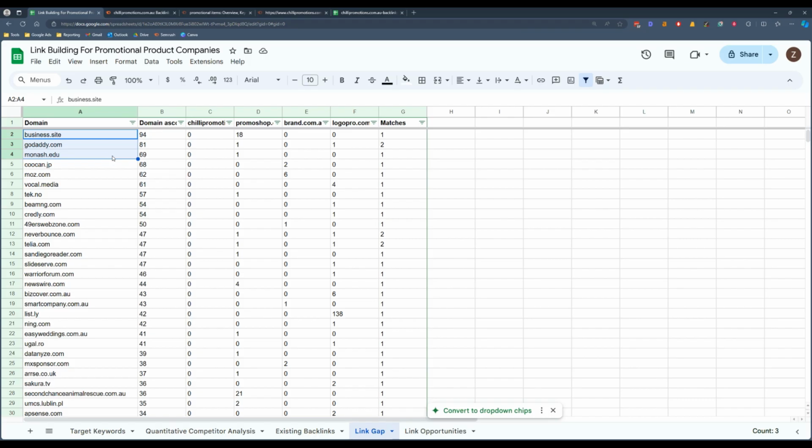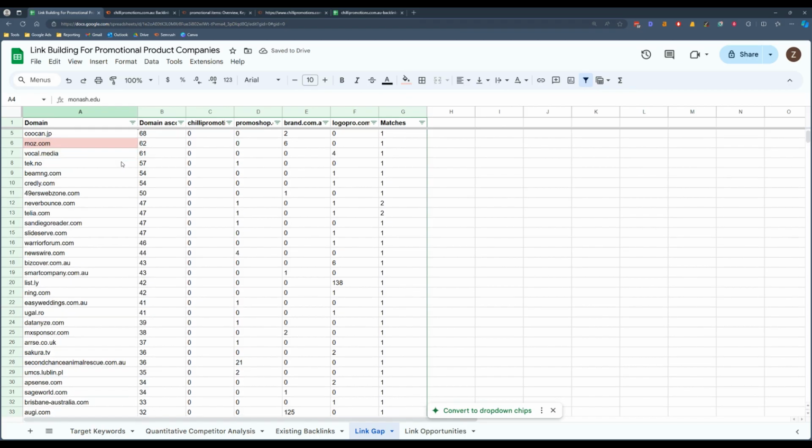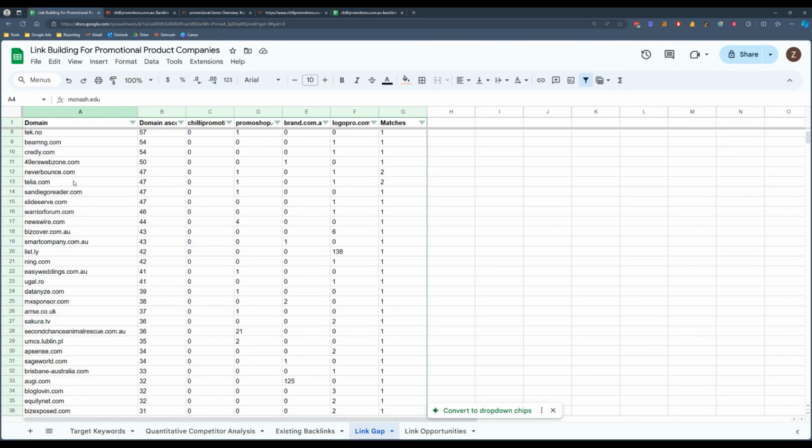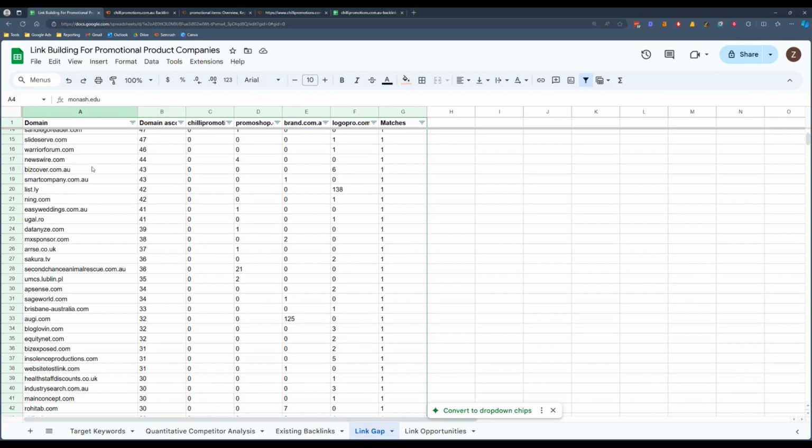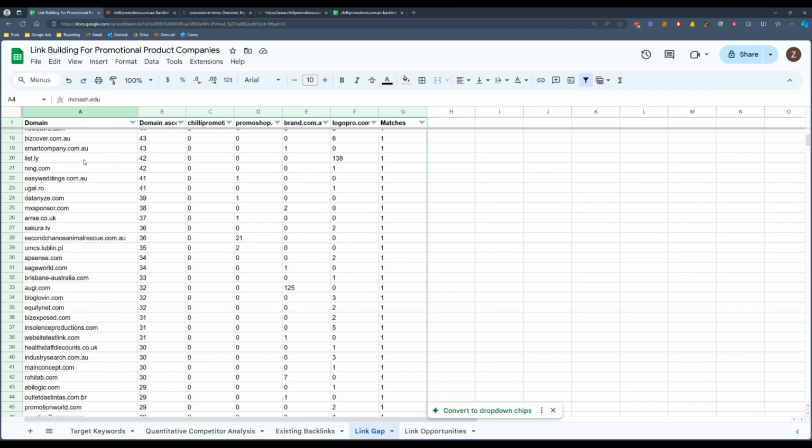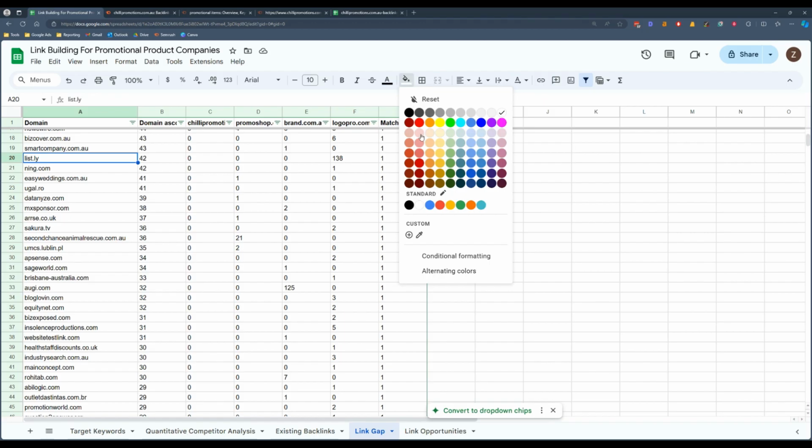We're not 100% sure at this point, so I'm just going to start flagging the ones that I think will need a little bit more investigation before we start to go after them. Some of these really high-end publications typically won't be easy to acquire, especially these .edu links. So I'm going to start to flag some of these that may not be possible for us to acquire. Just going through this list, most of these do look like legitimate sites that we'd want to try and acquire